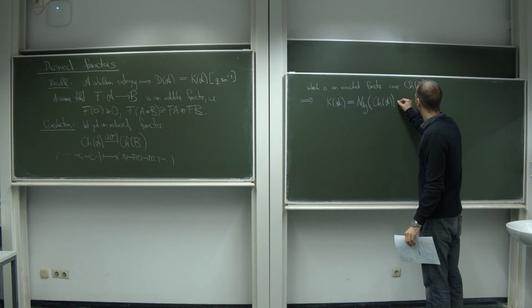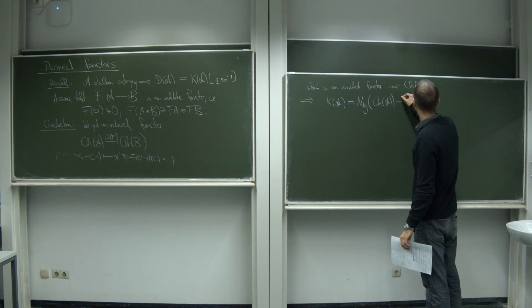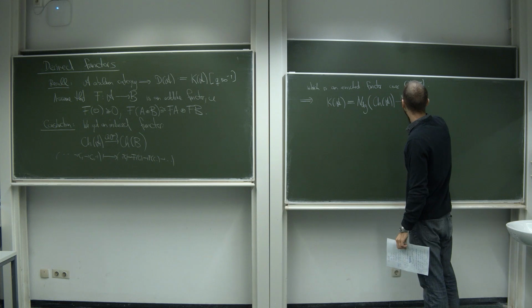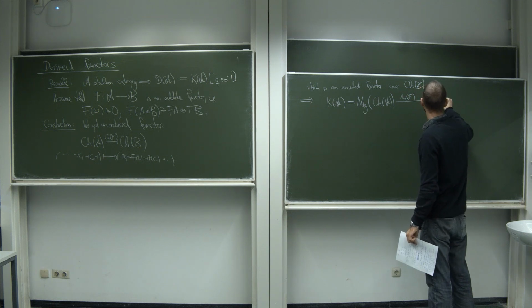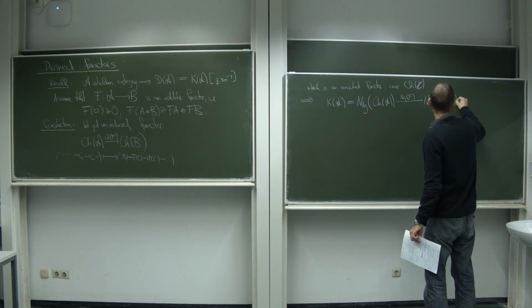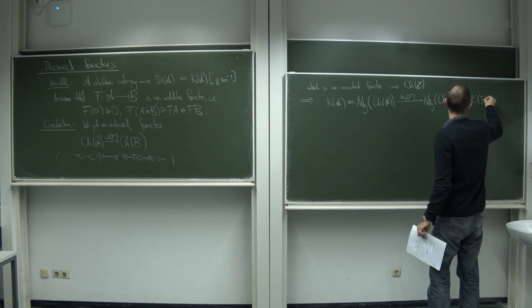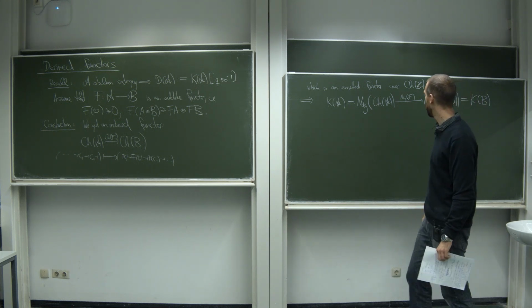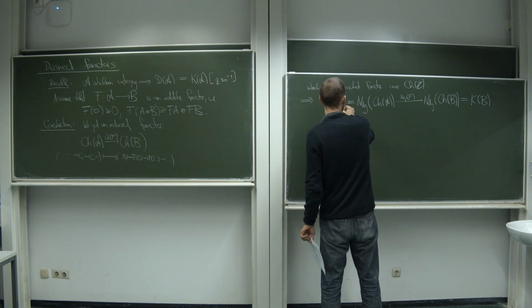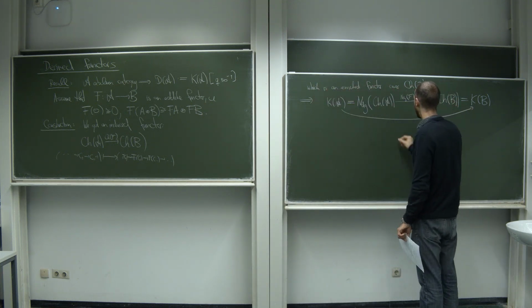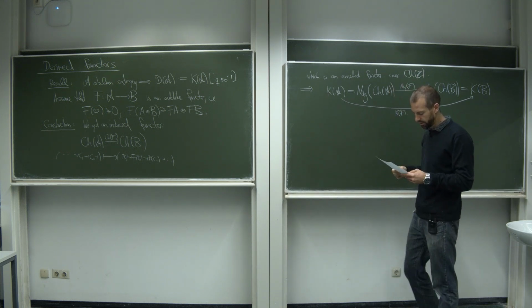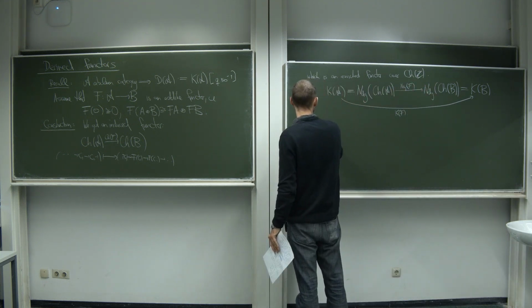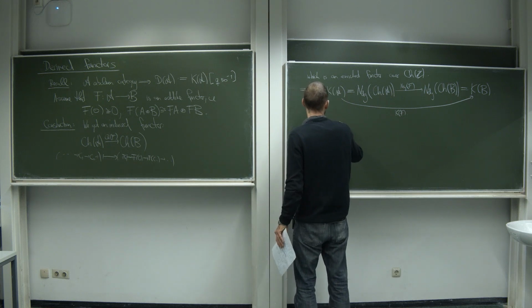Okay, but now the point is this DG nerve obviously gives an induced map. Maybe I write N_DG of this functor F, which gives a map into the DG nerve of chain B, and that is K_B. So we get such an induced map, and we call this whole map K_A to K_B, K of F. Okay, so we get an induced functor, and the claim is that this functor commutes